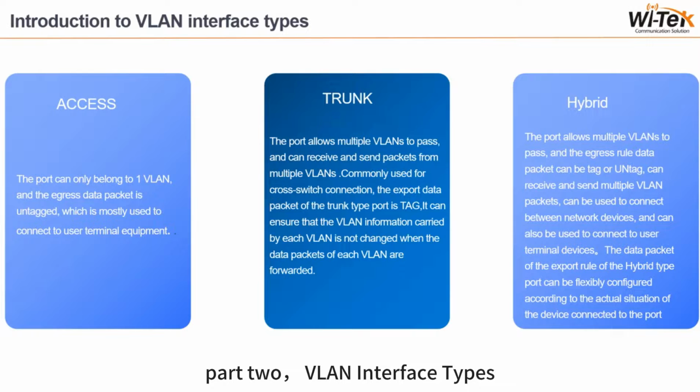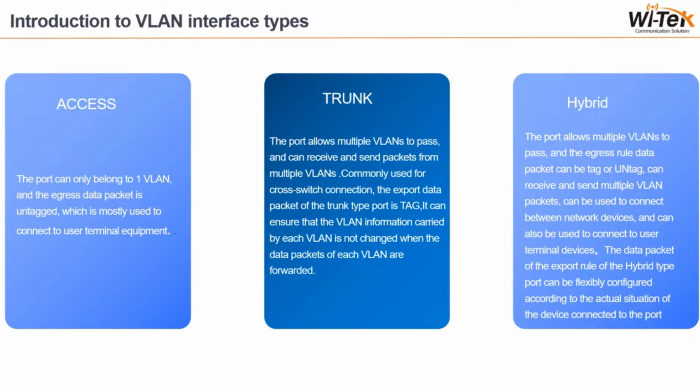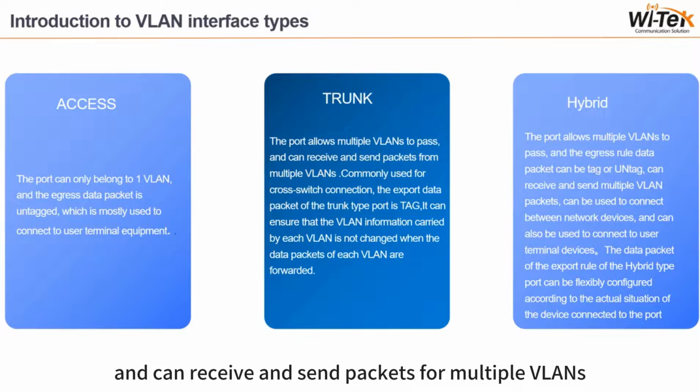Part 2. VLAN interface types. Access. The port can only belong to one VLAN, cannot communicate across VLANs, and is mainly used to connect user terminal devices. Trunk. The trunk type port allows multiple VLANs to pass through and can receive and send packets for